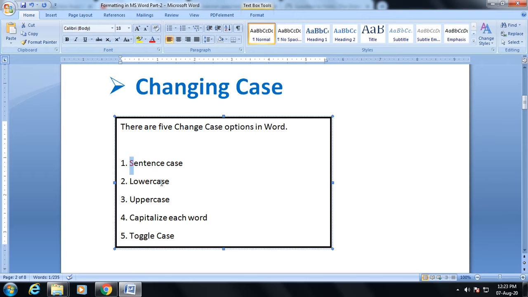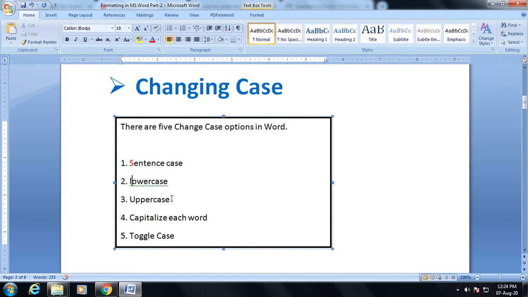In the lowercase option, all the letters of the selected text are in lowercase, meaning small. As you can see, the first letter is capital. When I change it into lowercase, the first letter has become small. All the letters are in small case.